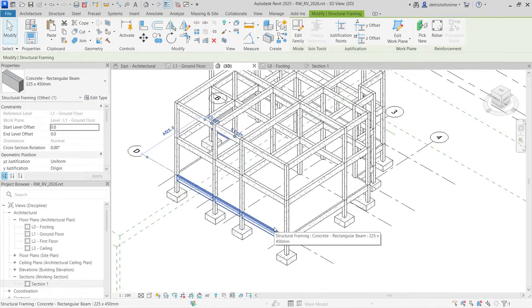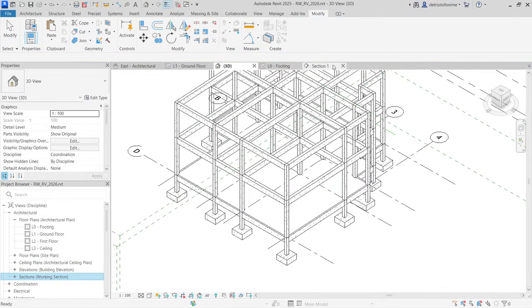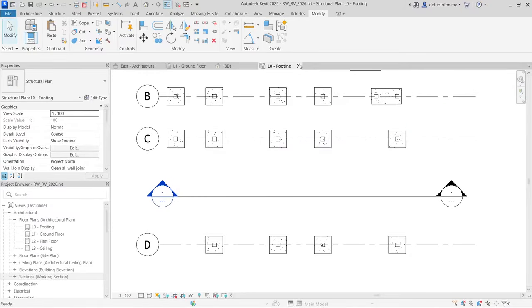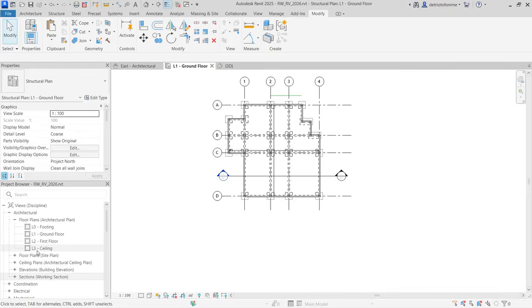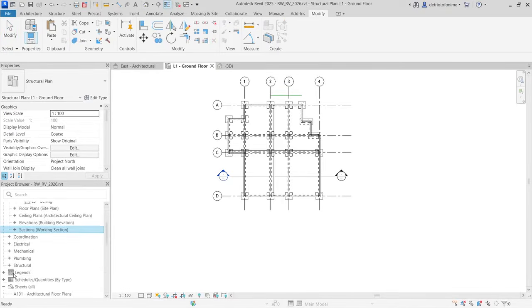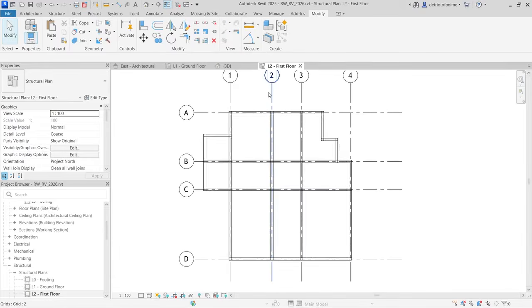So we do not need the same slab that is on the ground floor to be on the top floor. So we're going to have to go to the top floor itself under the structure. Let's just close the section tab for now and close the footing tab. And then we can go over to the structural plans. Under structural plans, you can select first floor, and then we can draw a separate floor for this,